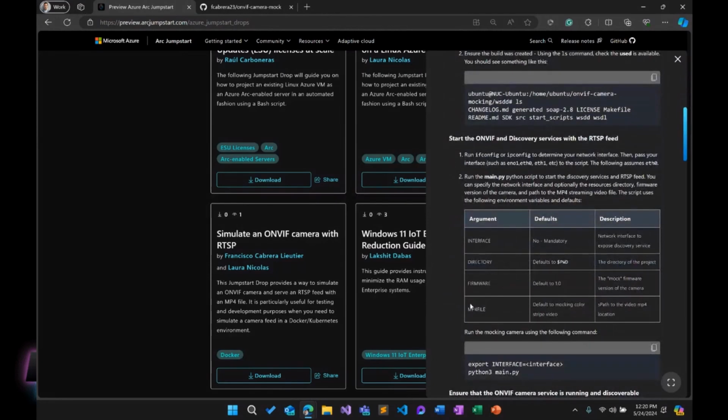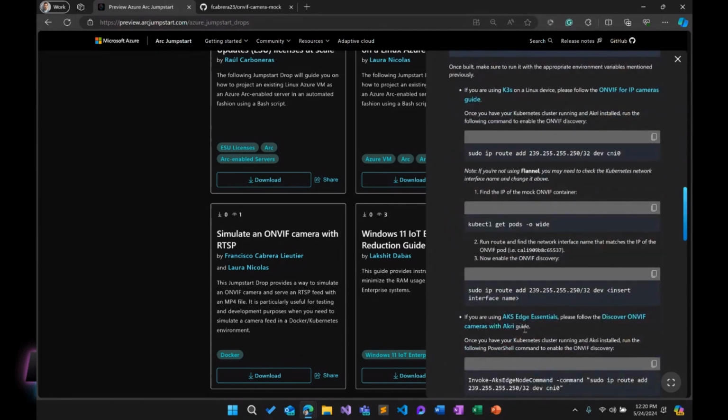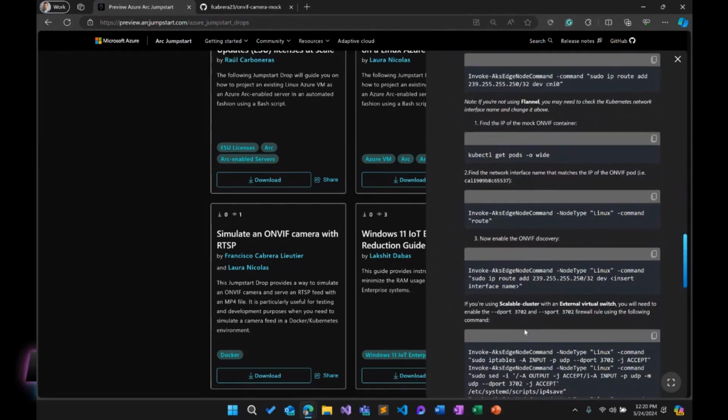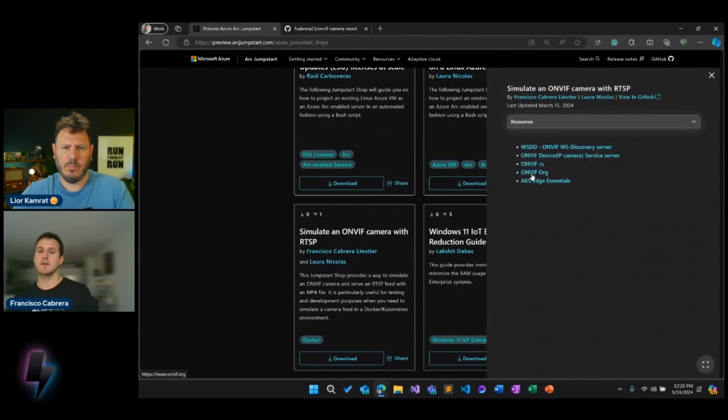So you're going to see that you can scroll. You have all the markdown content and all the markdown styling that you get directly when you're using GitHub. You'll get that also here directly on this sidebar. You can use links, code blocks, whatever you want in Markdown, and you'll get it here. And then, finally, we also have resources, where you can show extra stuff that you want to show in this drop,